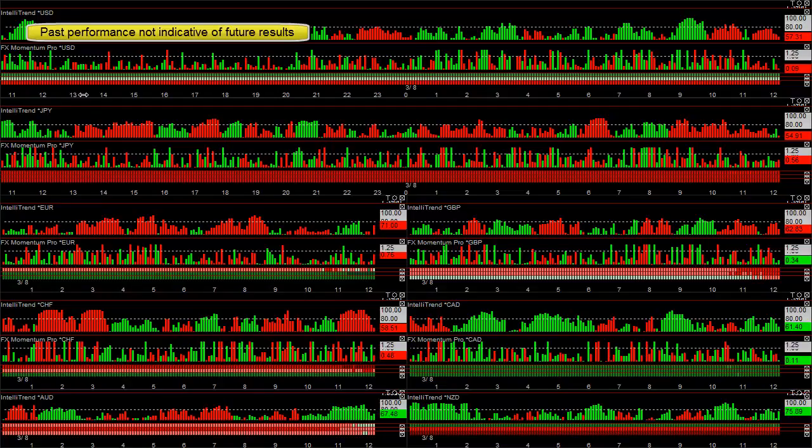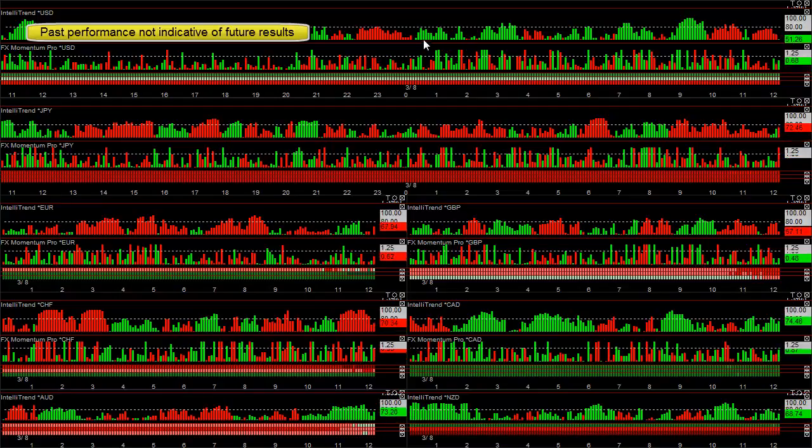I'm experimenting with our Momentum Pro, adding it to our currency meter. I think it is a little bit too complicated to have to look at two different readings. So I'm probably going to incorporate this as an option in the IntelliTrend. You know, it will either lessen or strengthen bars and hopefully allow you to get a one glance strength weakness